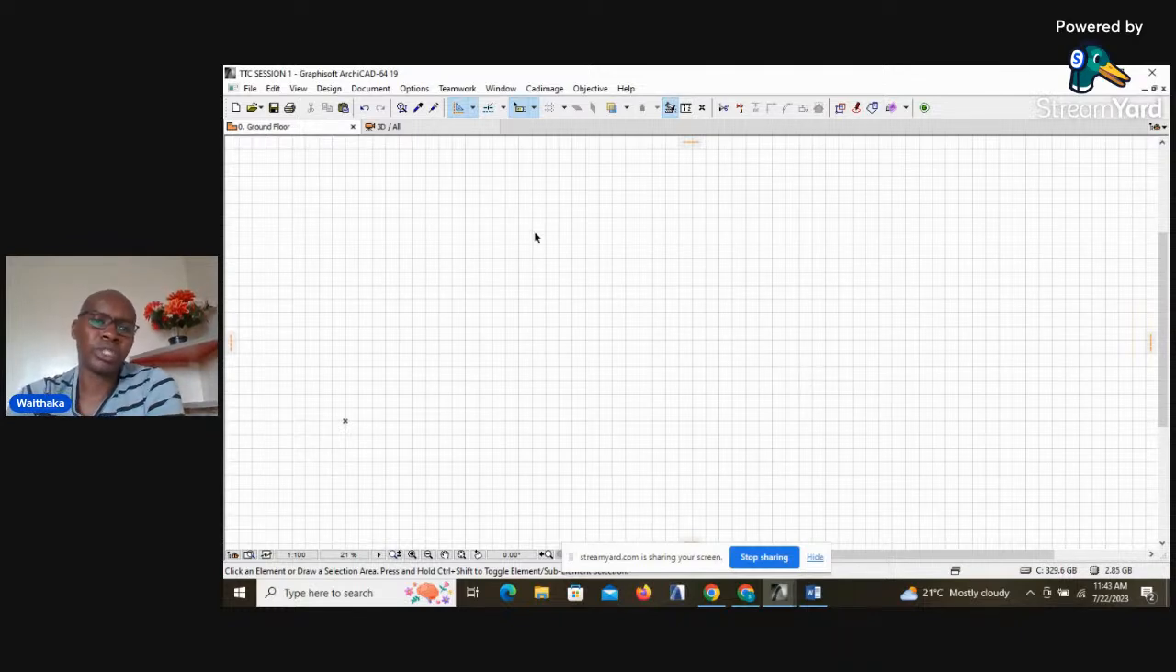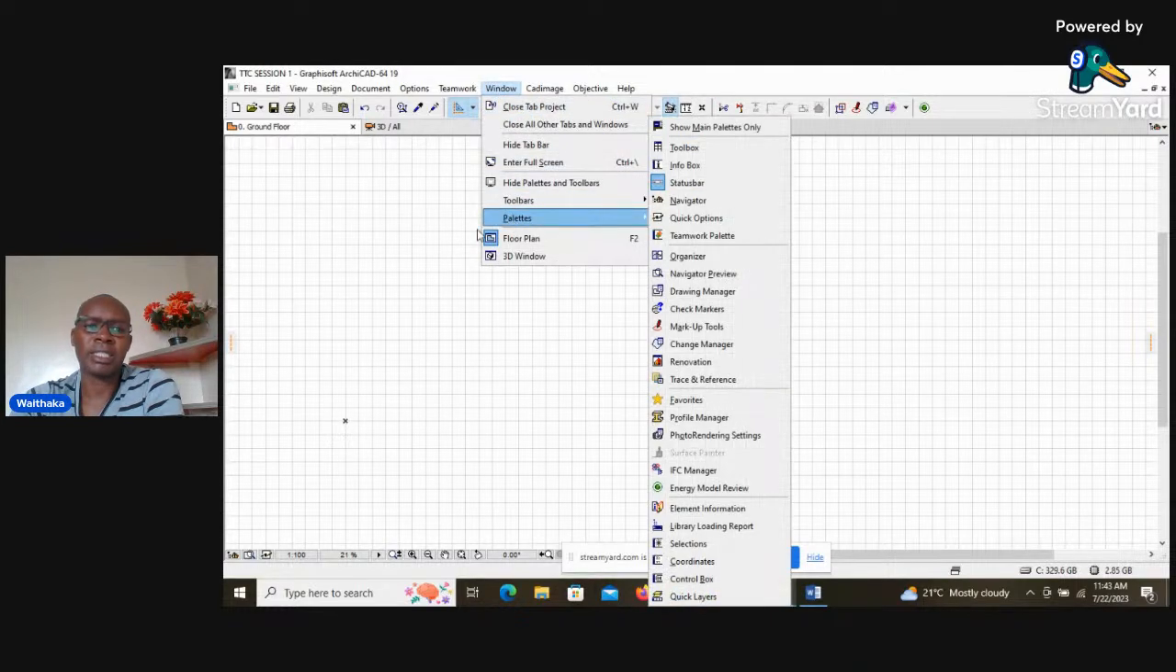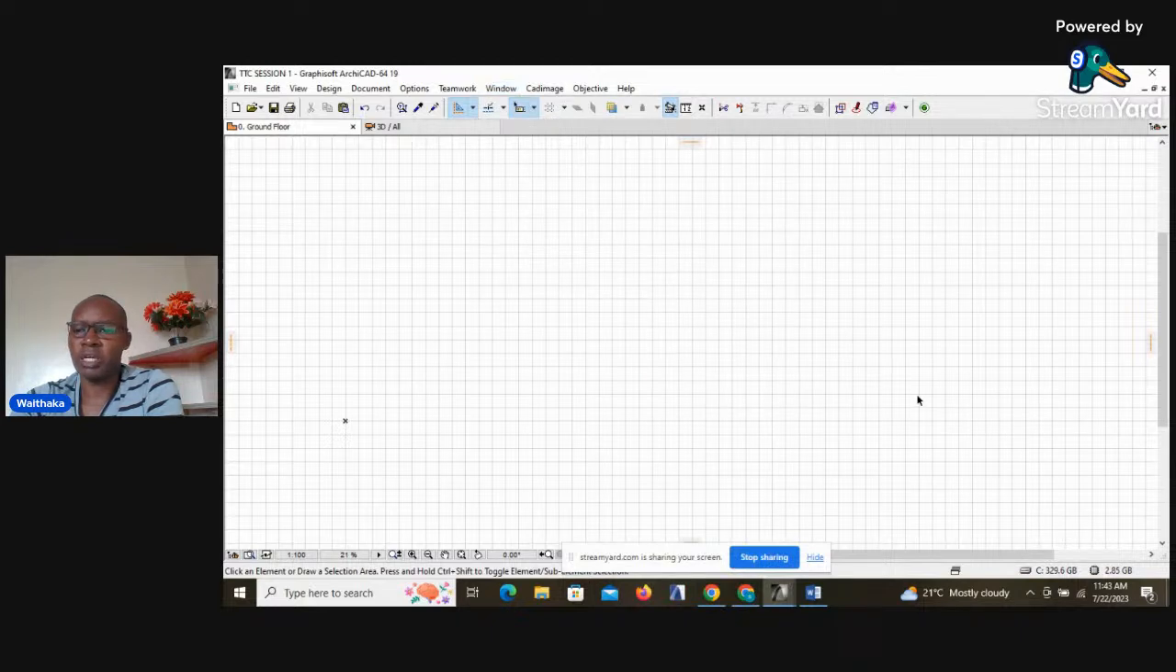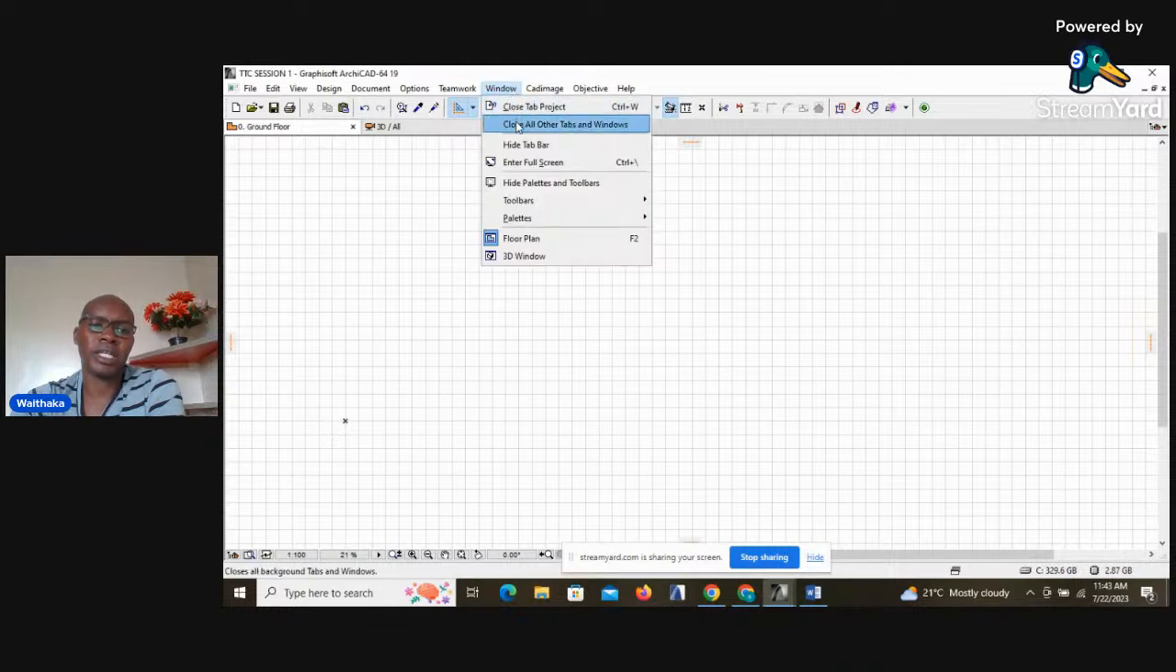Earlier on, I talked about the window menu, and we talked of the palette. So this is how we will be able to bring back those tools that are not visible in our workspace, because once the workspace is in this state, we are not able to navigate, we are not able to do anything, and it will be very hard for us to draft or to design using ArchiCAD. So for us to be able to bring those palettes back, we'll come to the window menu, and then we will